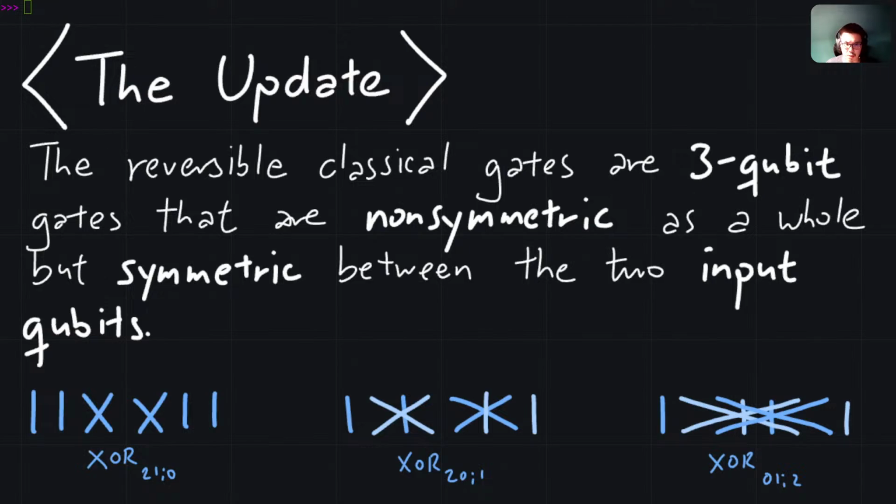Just to express this one more time. The reversible classical gates are 3-qubit gates that are non-symmetric as a whole, but symmetric between the two input qubits. This leads to some confusion between rearranging the master or the targets. So custom gate the master, then the 2 targets. And this is the demonstration of XOR, the rearrangement of XOR, which the index on the right